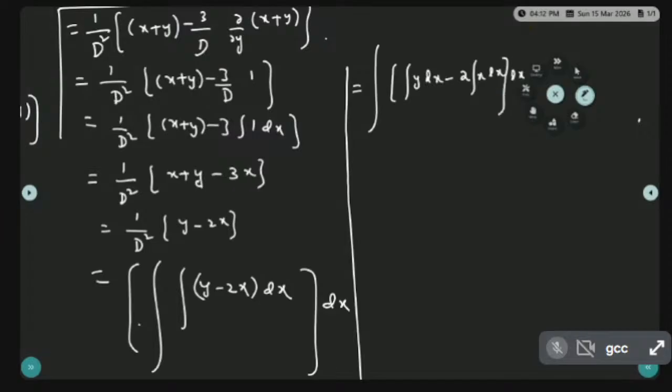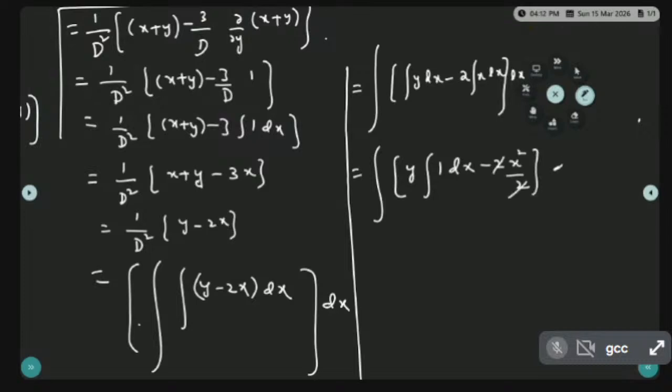Here the mistake everybody makes: integration of y, you will write 0, but it's not correct. We treat y as constant. Take y outside. Integration of 1 dx minus 2 into